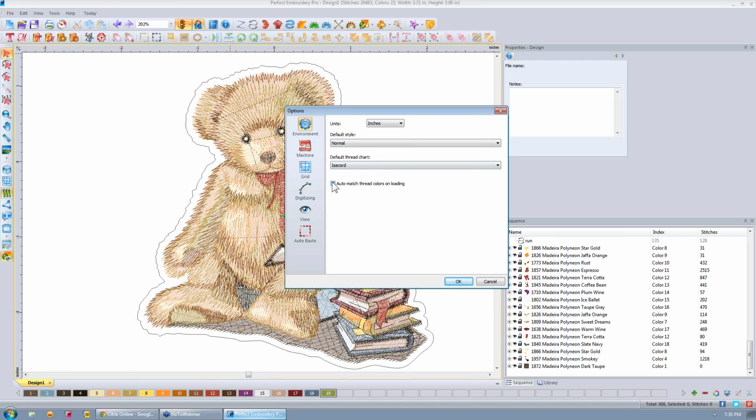And you can select to have it auto-match the colors when you load a design. Now, this works for every design except C2S. And the reason for that is if you have composed something with different colors, it's going to save that color information for you. But if this was a Pez design I got from somewhere or another format, and I said automatically switch it to Isocord, it will change those colors when I load that design, okay,